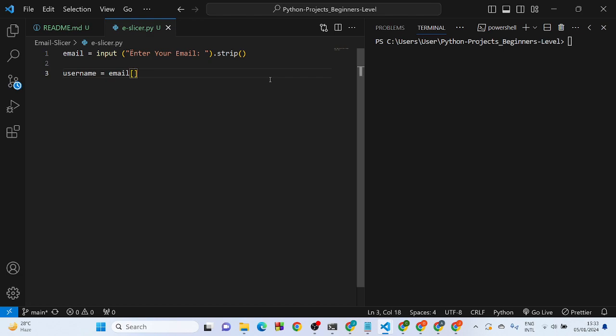And what you are going to do, I will explain this shortly. email.index, and our delimiter will be at. Okay, so what this is going to do, you see username equal email,